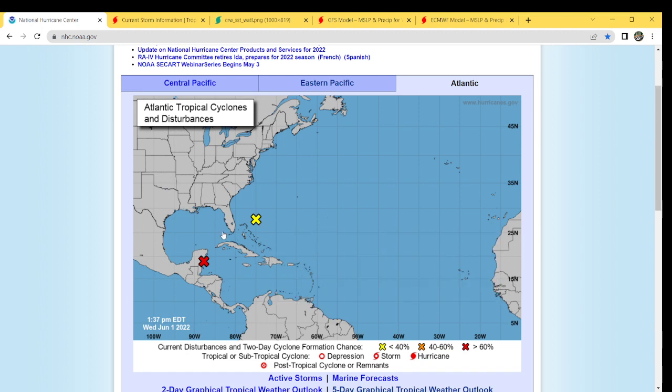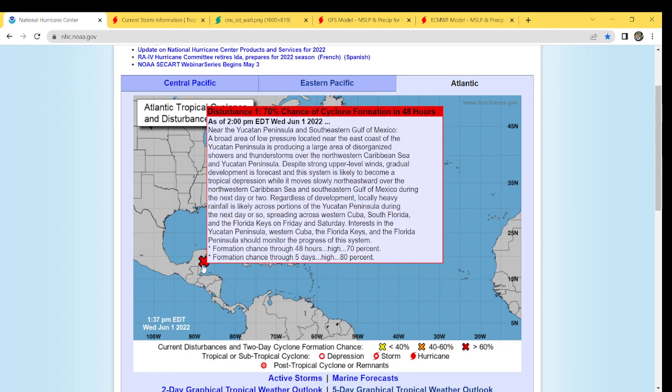What we are going to be focusing on here is this 70-80 here. This is a broad area of low pressure that is located near the east coast of the Yucatan Peninsula that is producing a large area of disorganized showers and thunderstorms over the northwestern Caribbean Sea and the Yucatan Peninsula. Despite strong upper level winds, they are expecting this to become a tropical depression in the next couple of days. Or later tonight, because I'm going to show you that it looks pretty damn close to being a tropical cyclone